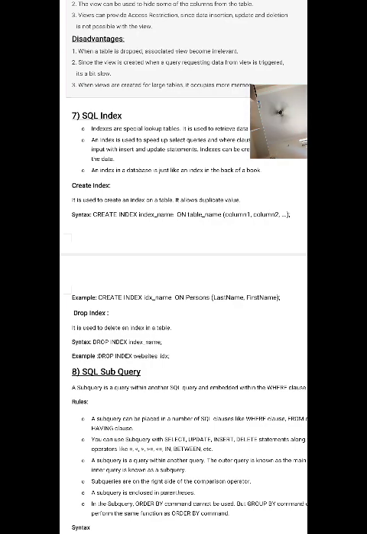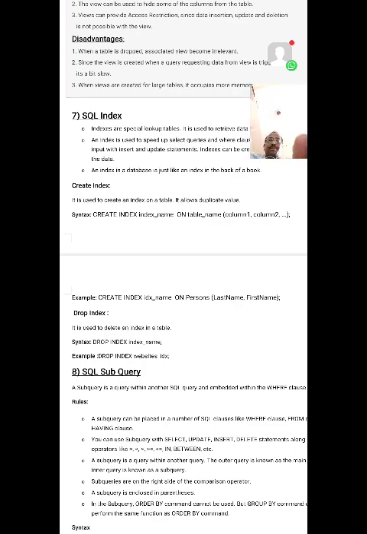Immediately the index is deleted for that table persons. Like that you can delete, drop or remove an index from the database. So this is the way of creating and dropping indexes.